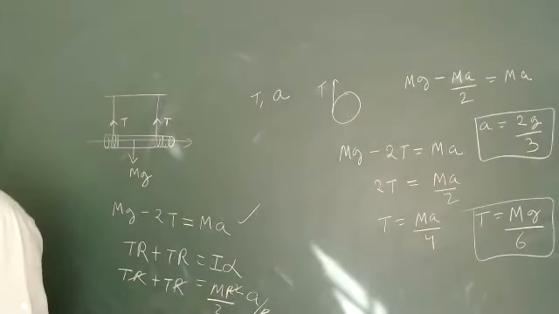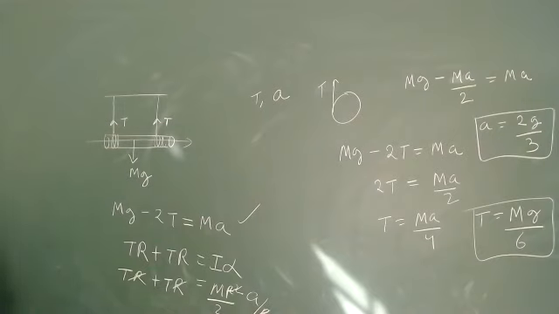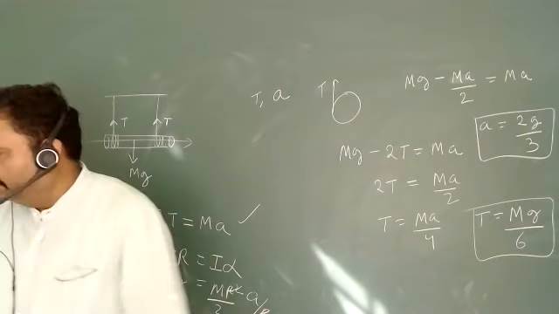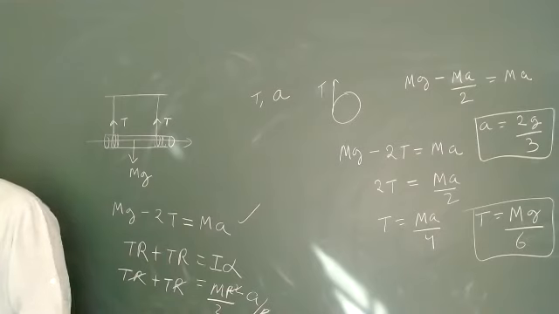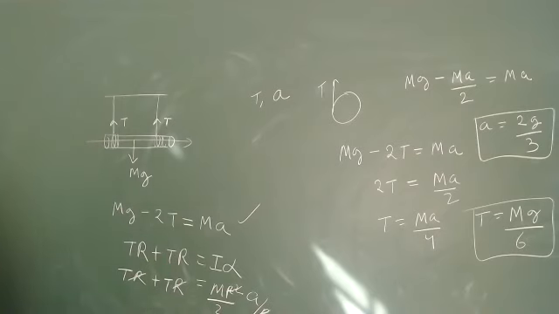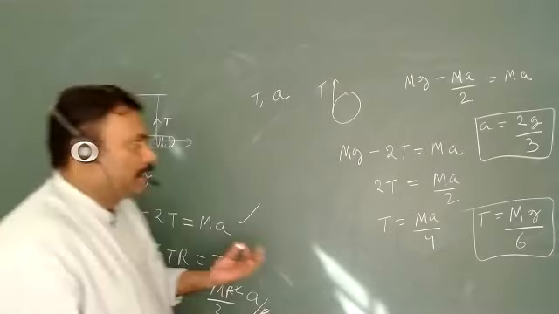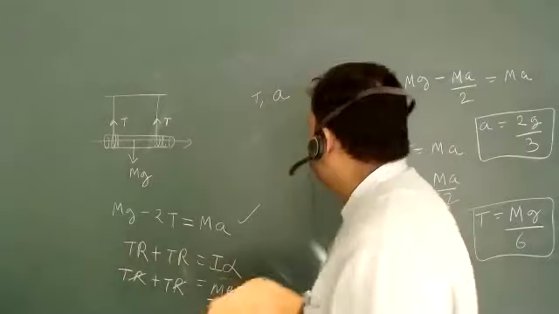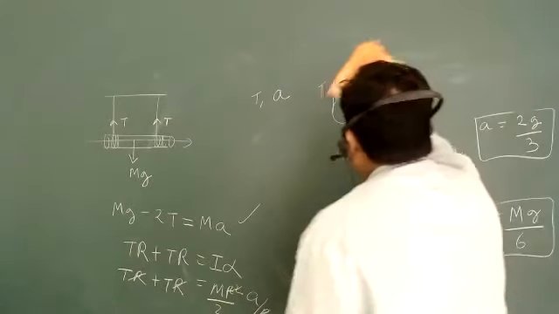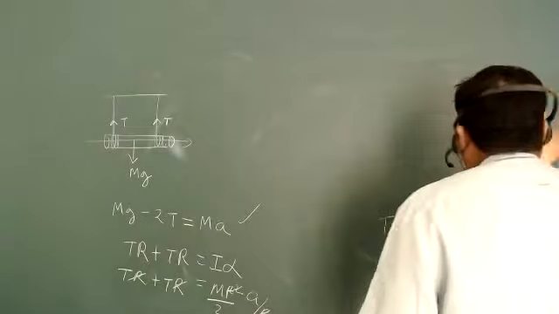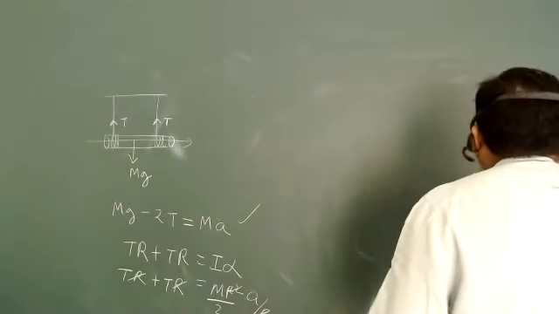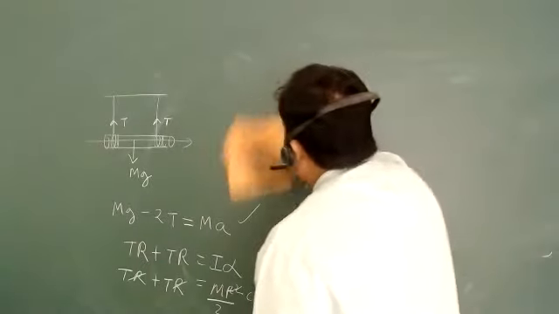So you have this sort of problem. If such problems come, will you be able to do them in the exam, everyone? Yes sir. So I am just giving you the simplest problem for your homework. Just try to do this one. That is the Atwood machine. You know all about the Atwood machine. So just try to solve it. And tomorrow we will go for the variable mass system.